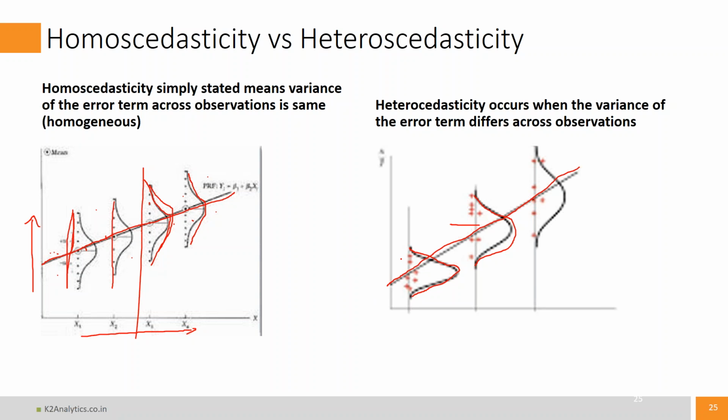See here, this linear model is predicting values more correctly in this zone, whereas here there is a wider spread of error. So when there is heteroscedasticity,